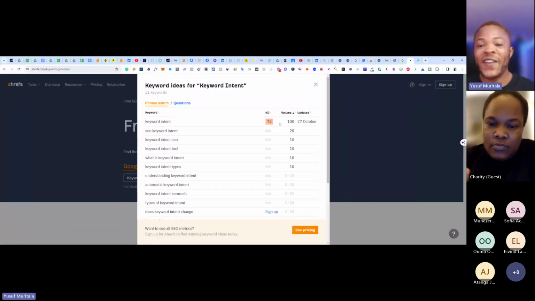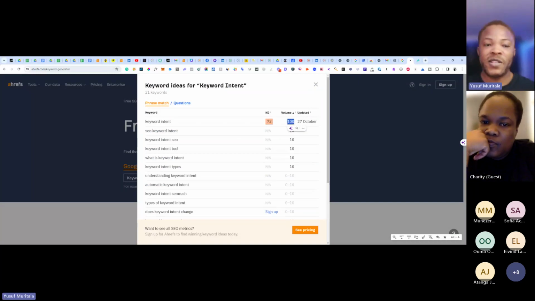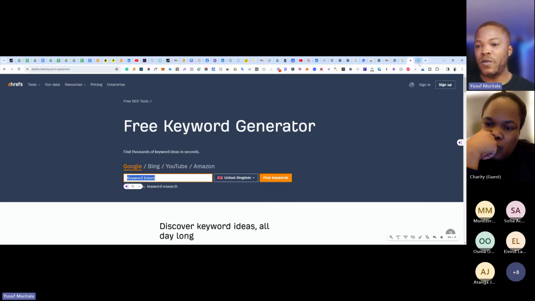Yeah, you can see it's quite competitive, right? But low volume. But we're just going to use it to practice, so we are not concerned about the ranking now. But how to actually now optimize content. Then after that, we will go to see how we can optimize a service page, and then we can set up Google My Business quickly, so we can see how it is.